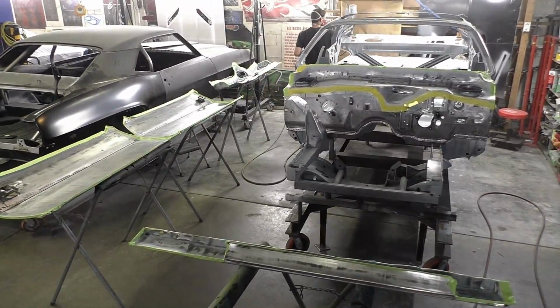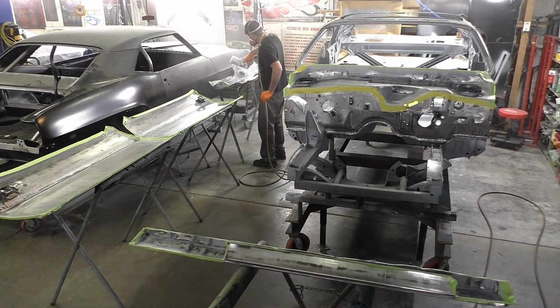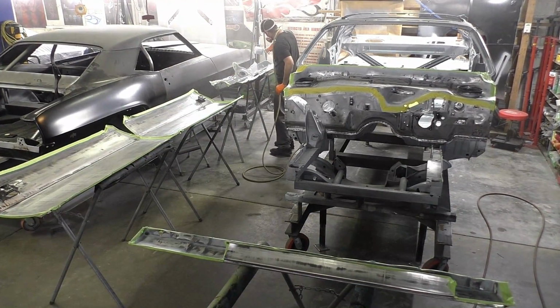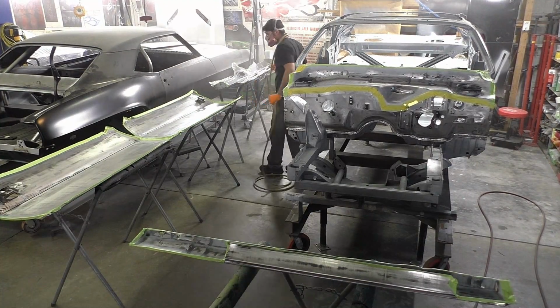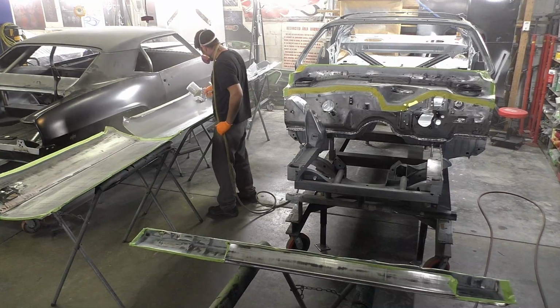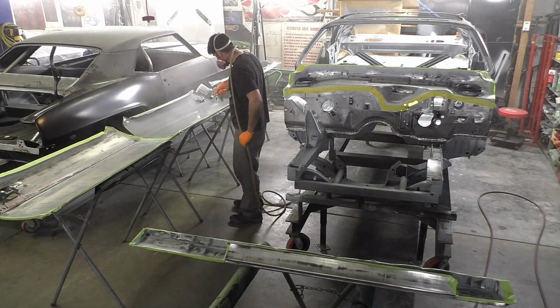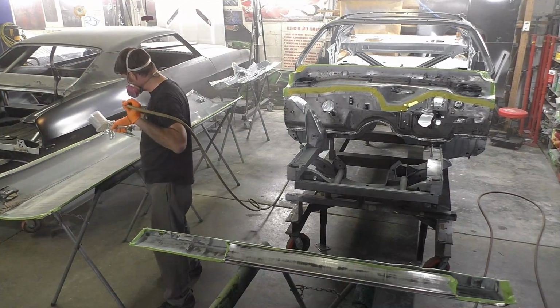So I had to drill the holes, just going to run the MIG rosette holes in it, and now we're going to go ahead and start priming the inside of all the panels we stripped. The reason behind this is, yeah, I could spray up in the door skins, the inner areas, once they're on the door frames itself, but realistically, if I tape off the areas that we know we're going to have to